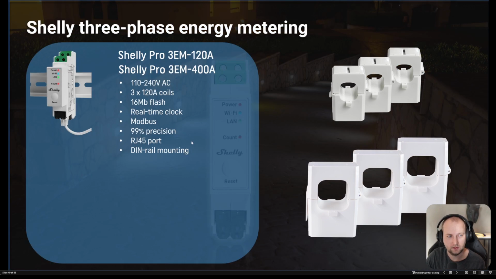We also have 3-phase devices. So for 3-phase power metering or energy metering, we have 2 different devices. We have the Shelly Pro 3 EM 120 amps, and we have the Shelly Pro 3 EM 400 amps device. So this has some very huge current transformers, and they are able to monitor up to 400 amps